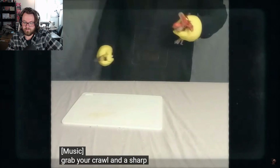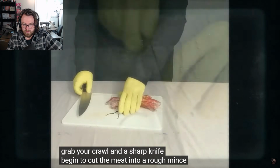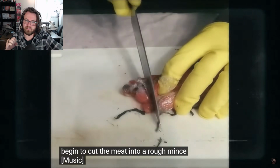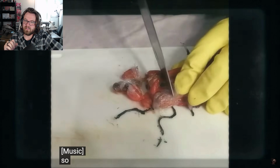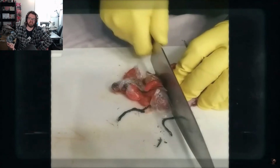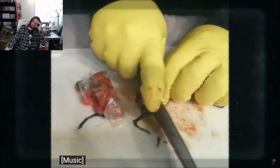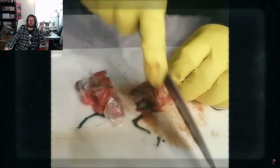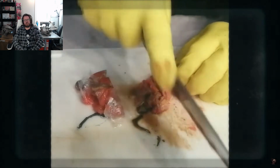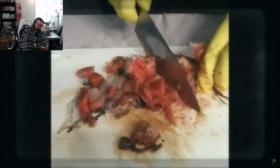Grab your crawl and a sharp knife. Begin to cut the meat into a rough mince. No, I know it's described as meat, but don't call it meat. That is... I hate this. I hate every bit of this. You don't gotta add the sounds. You don't gotta add that. I hate every bit of this. This is...